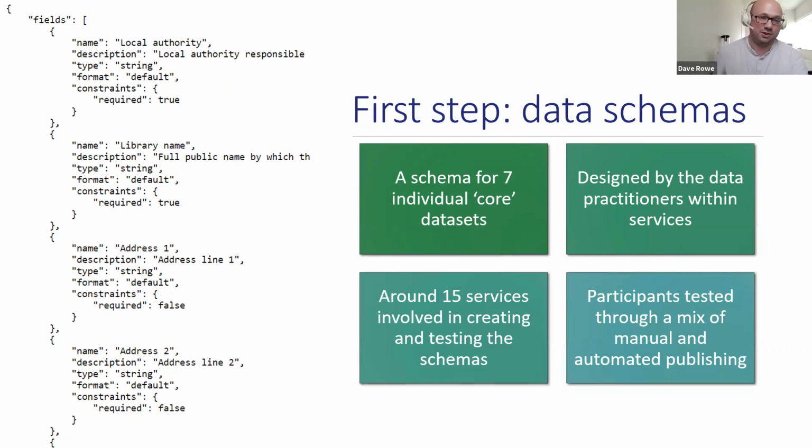You see just a clip of it here in JSON format, which says what columns we understand the data should have. In this case, it's what local authority the library is in, the name, and then some address fields. And that's only a clip of it. There are other ones in terms of geospatial columns and opening hours and all sorts of definitions for the location of a library. So we used a table schema to make a clear definition of what we expected from these